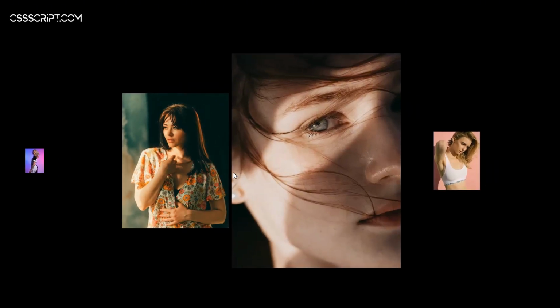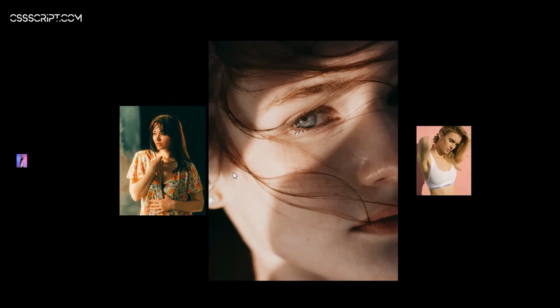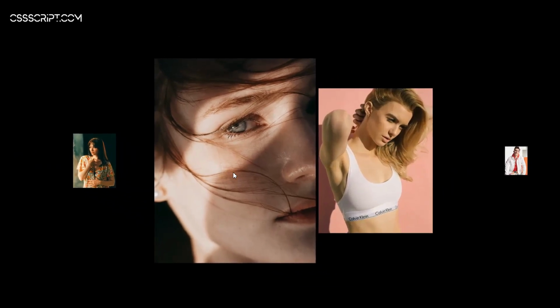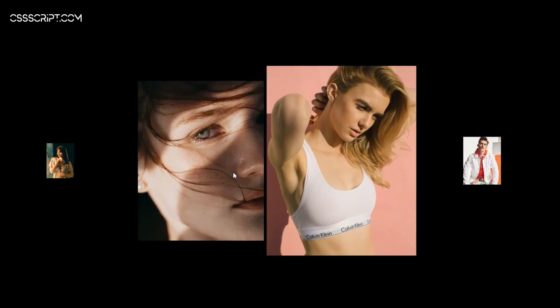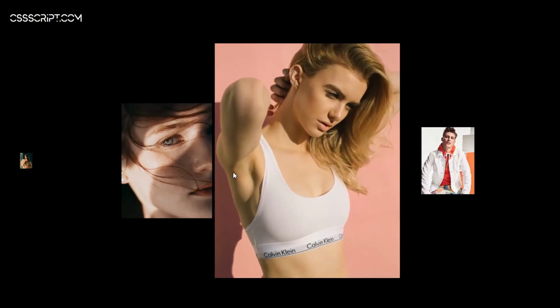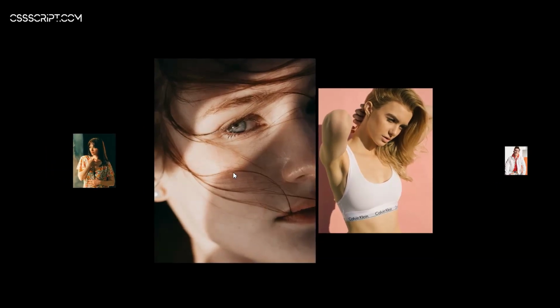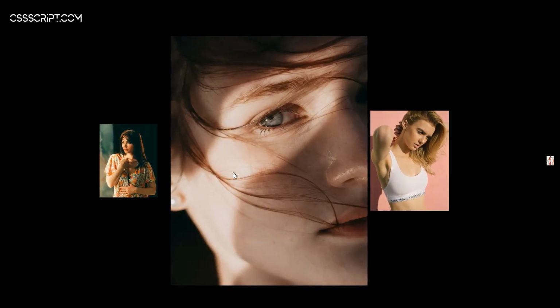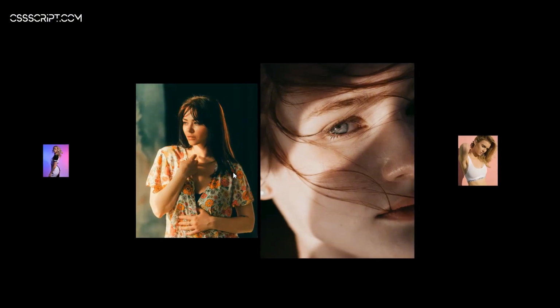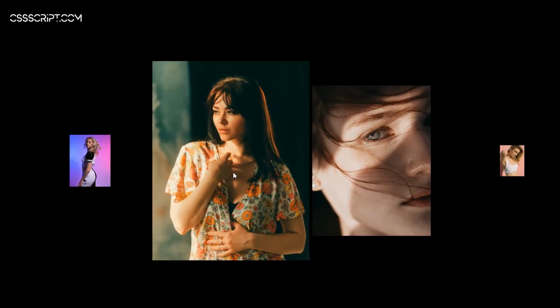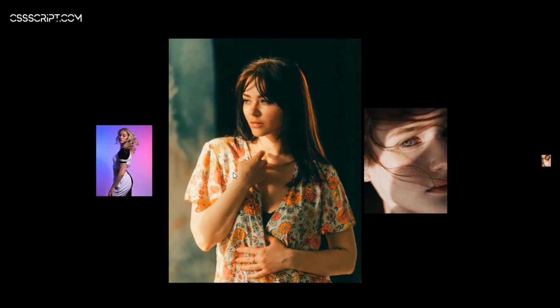Today, we're going to explore something really cool, a modern, responsive image slider that's going to make your websites pop. No fancy libraries, just pure HTML, CSS, and JavaScript goodness. Let's get started. This image slider is designed to be responsive and touch-friendly, meaning it works beautifully on both desktop